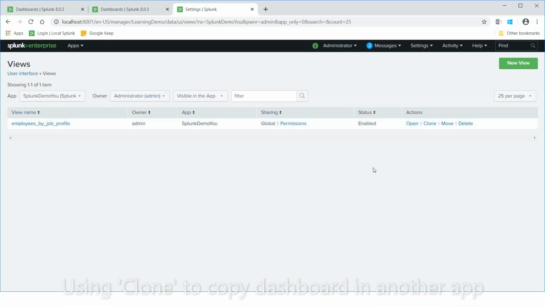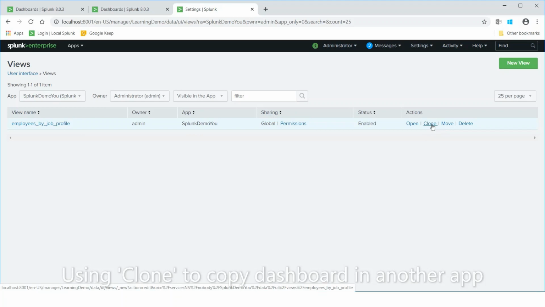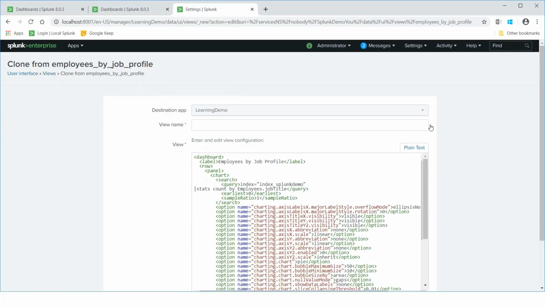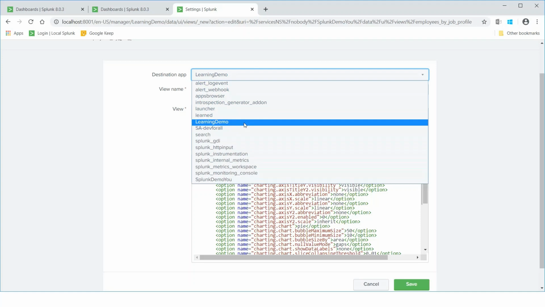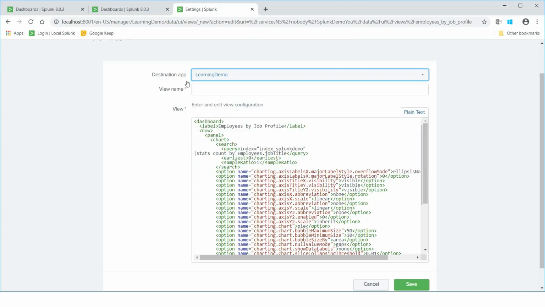So now I will clone this dashboard to make it available in my learning demo application. I will click on clone, and here you have to select this learning demo application as the destination app where you want to copy, and you have to provide a unique identifier for this dashboard. So I will just type a unique identifier.